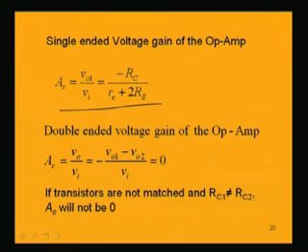So, finally, we have got to an important conclusion that if we want to find out the common mode voltage gain of the OpAmp, which is the double ended output voltage with respect to double ended input voltage, if we try to find out the gain, that will be 0, because output voltage between the two terminals under common mode of operation is 0. That is one important aspect of OpAmp,